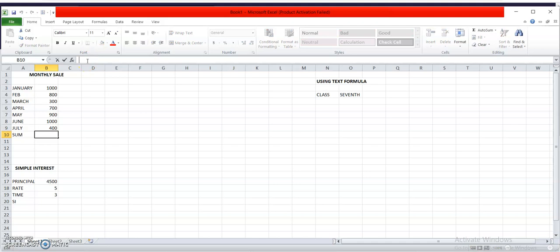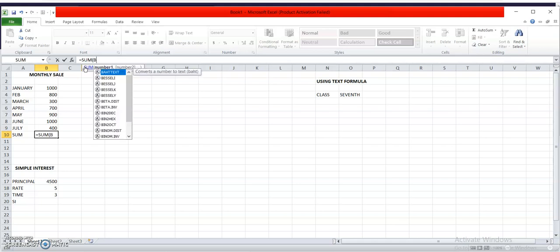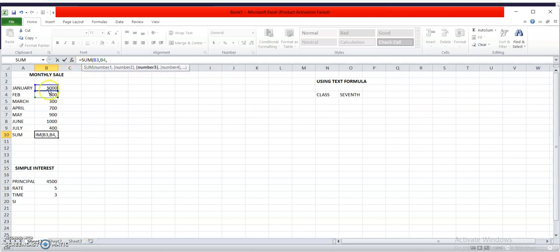First of all, in the formula bar, start the formula with the equal to sign, then the name of the function that you are going to perform, then bracket start, name of the cell. You can see the lines over here, it means the numbers are going to be included in our formula.